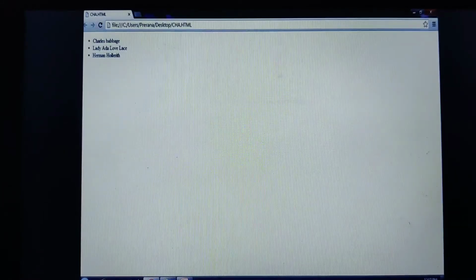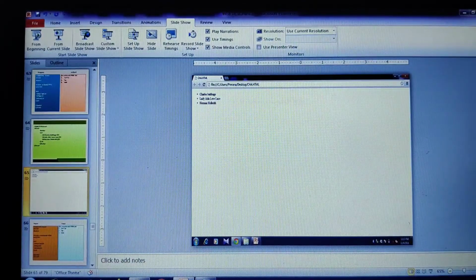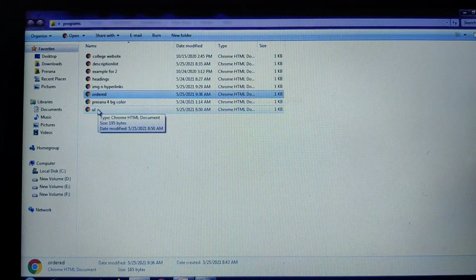Let me execute this particular program and show you. So we have an unordered list here. See, Charles Babbage, Lady Ada Lovelace, Herman Hollerith, and all are appearing with the bullets over here. This is how we are going to use the unordered list.